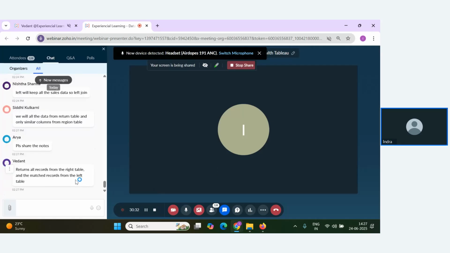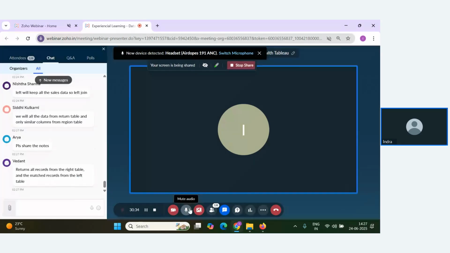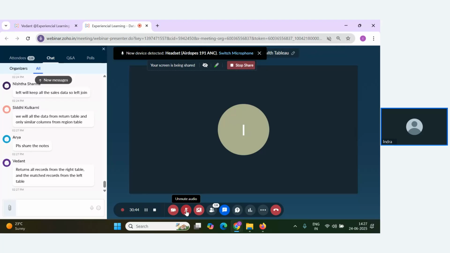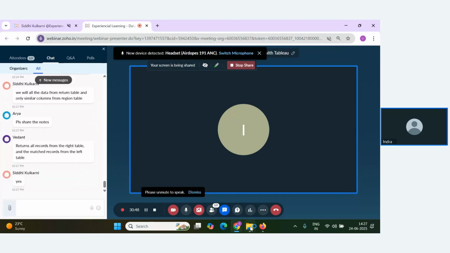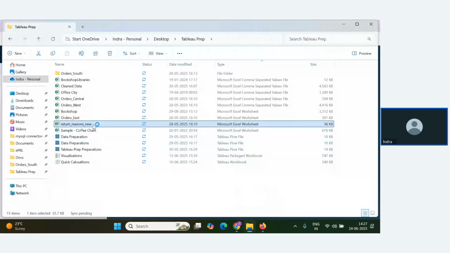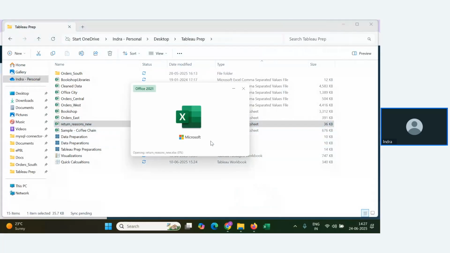You're saying, Siddhi Kulkarni, that you'll get all the records from the right table. But anyways, if you see here, if I go with the return reason table,